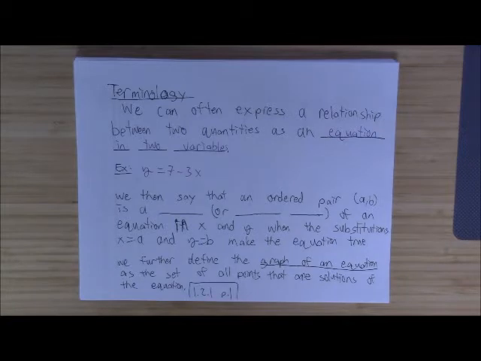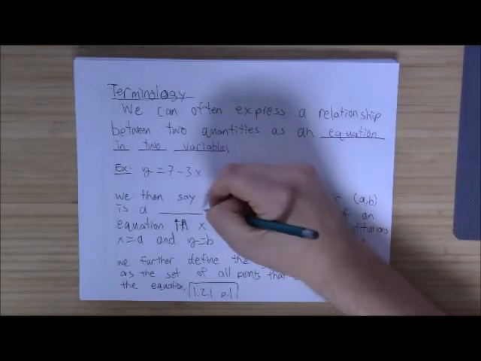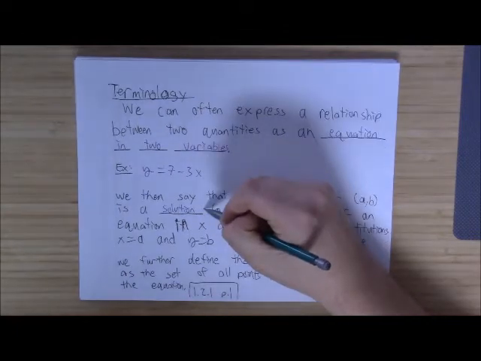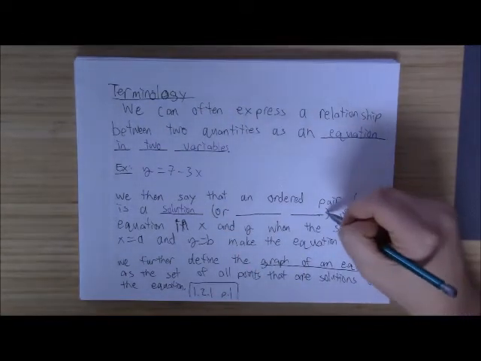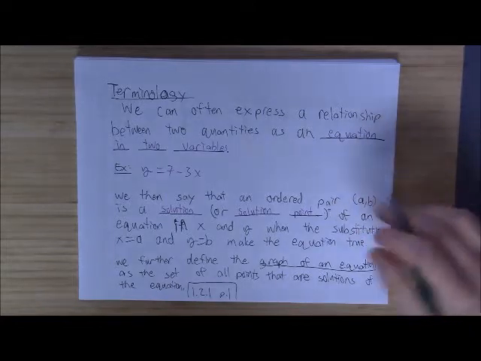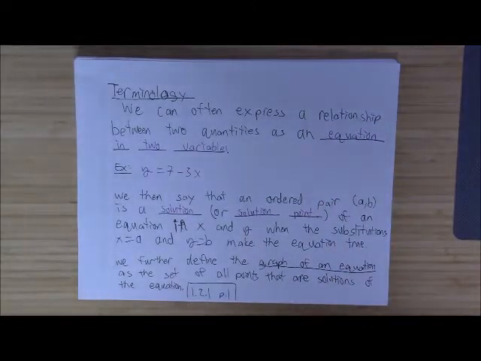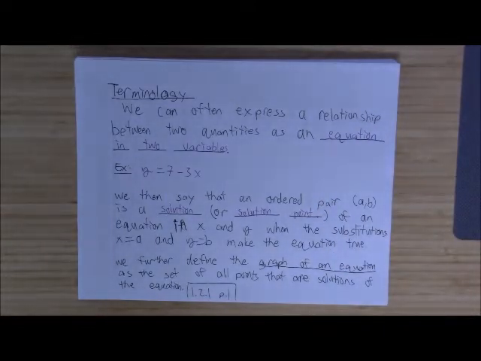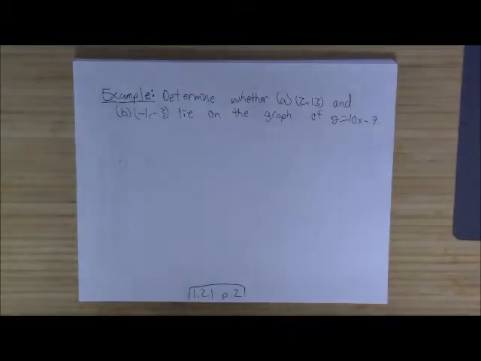We then further say that an ordered pair (a, b) is a solution or solution point of an equation in x and y when the substitutions x equals a and y equals b make the equation true. We further define the graph of an equation as the set of all points that are solutions of the equation. So as an example of how to use this, let's determine whether the points (2, 13) and